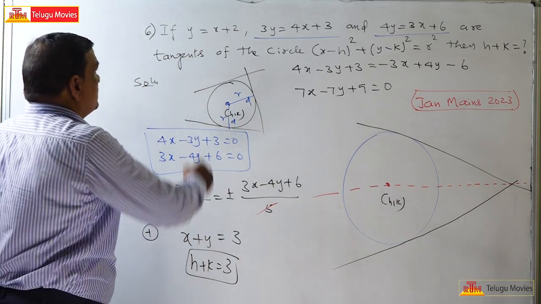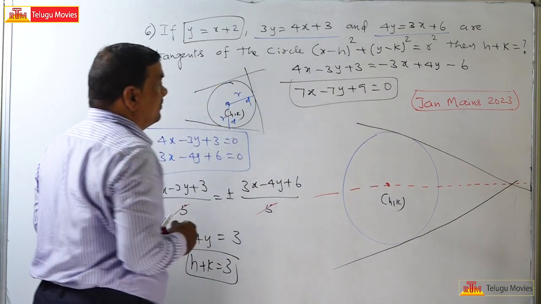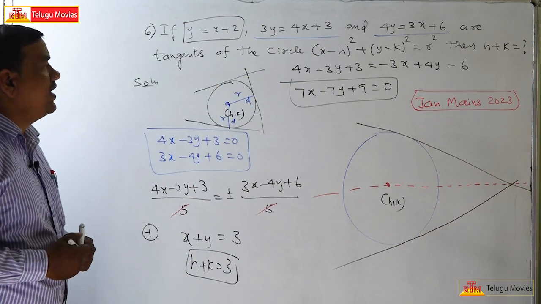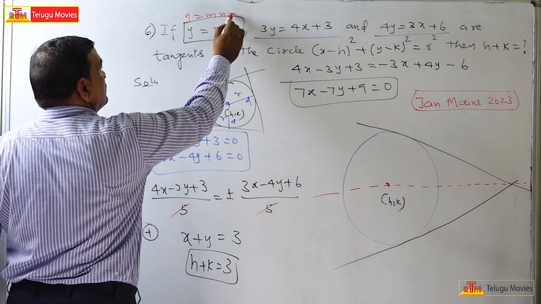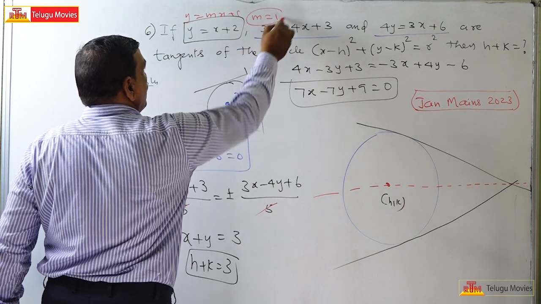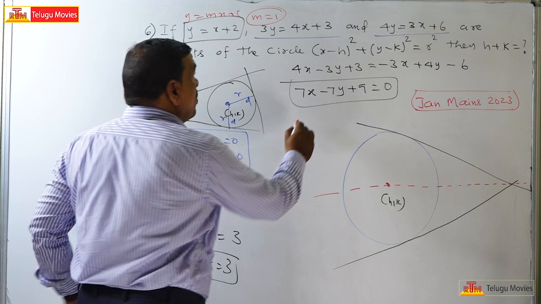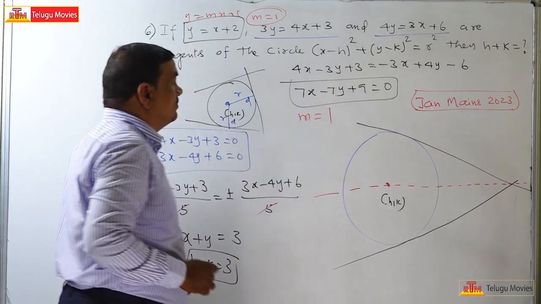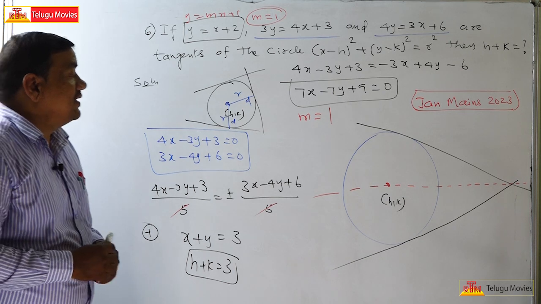Now, you observe this third line and this angle bisector. Third line is what? y is equal to x plus 2. So, this is y is equal to mx plus c. What is the slope of this line? 1. Third tangent slope is 1. What is the slope of the line? 1. That means